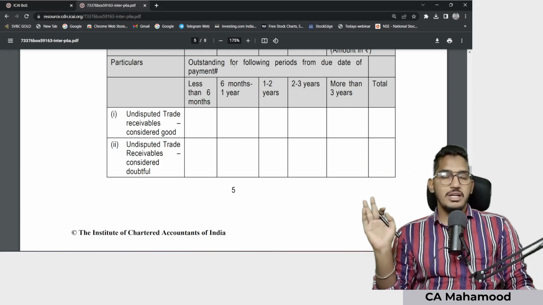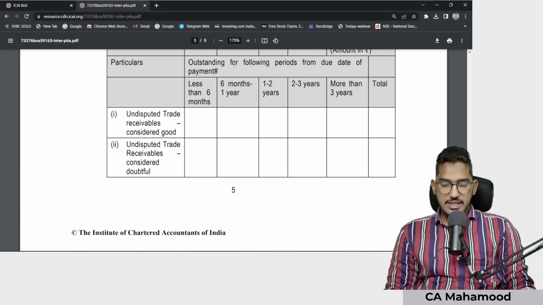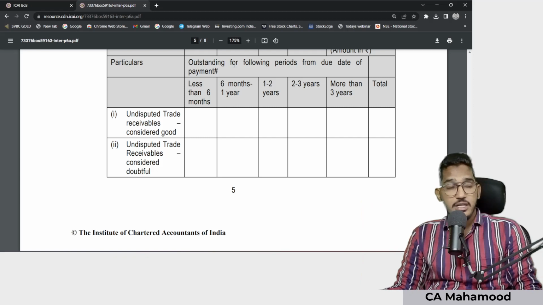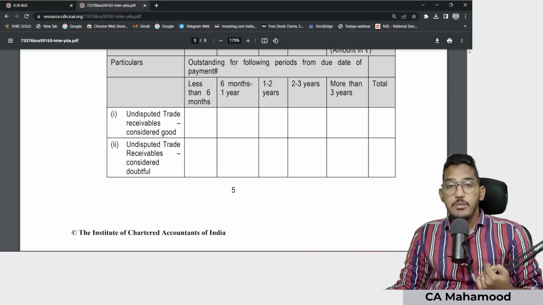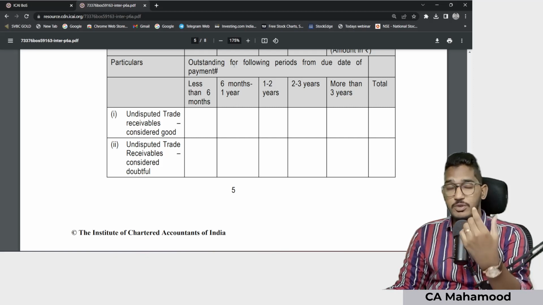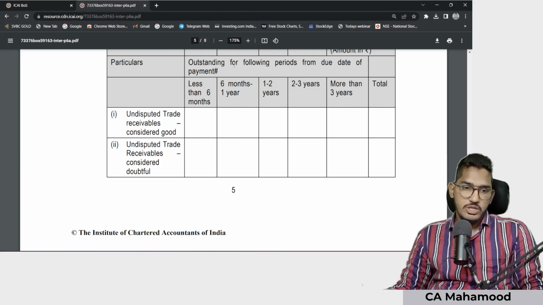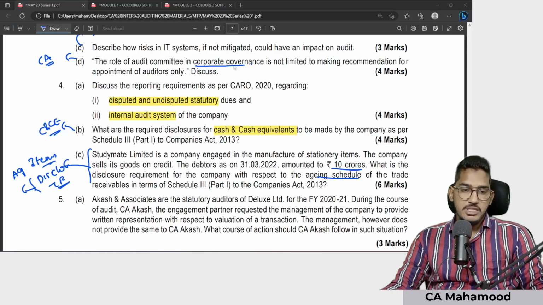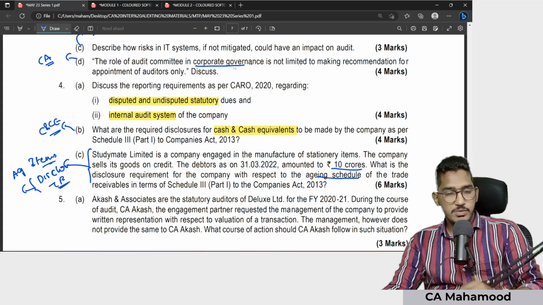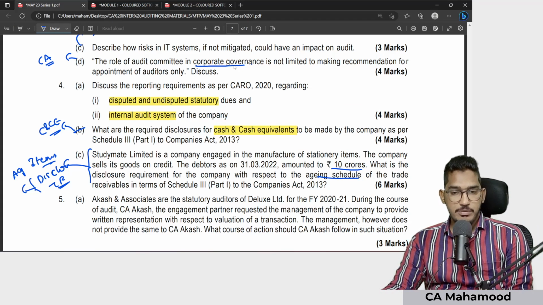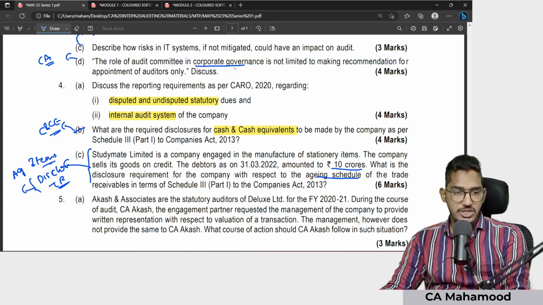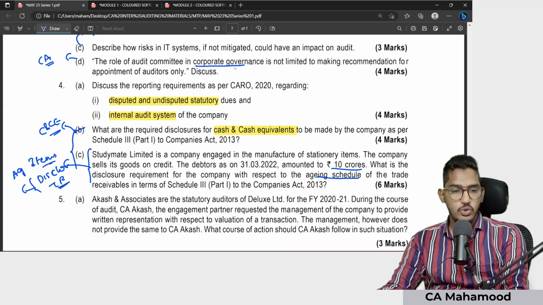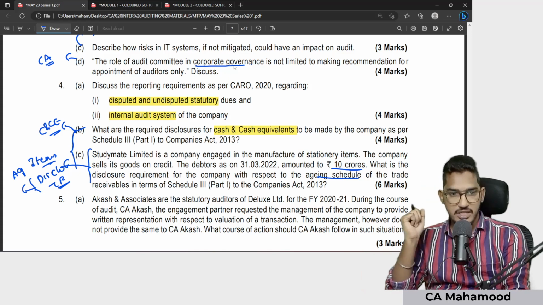Clear? See, disclosure related questions are very important. In the recent times, they are very much focusing on, instead of asking you what are the audit procedures, more focus is given on explain the disclosure requirements. So these two questions, please be very specific. Please refer this before you go for the exam. Disclosure requirements regarding cash and disclosure requirements regarding trade receivables aging schedule. So these two are the questions relating to audit of items of the financial statements.